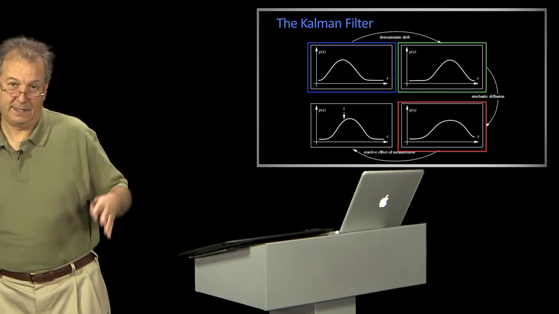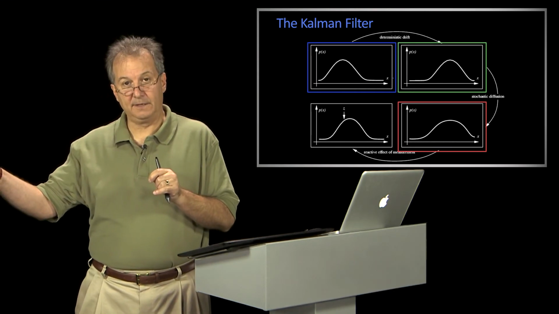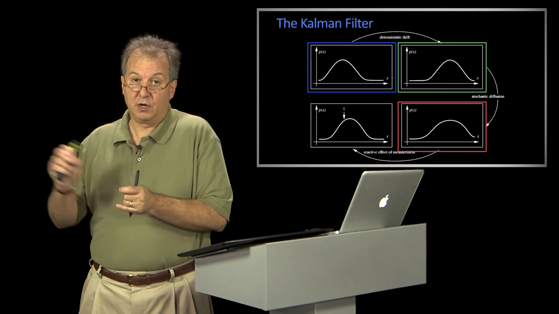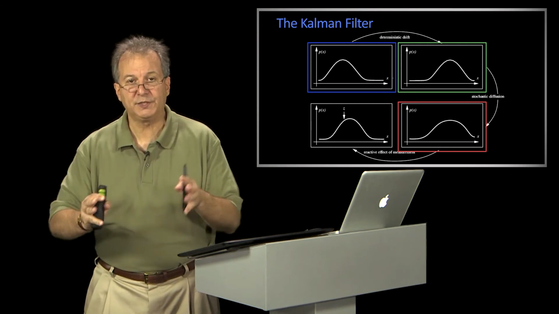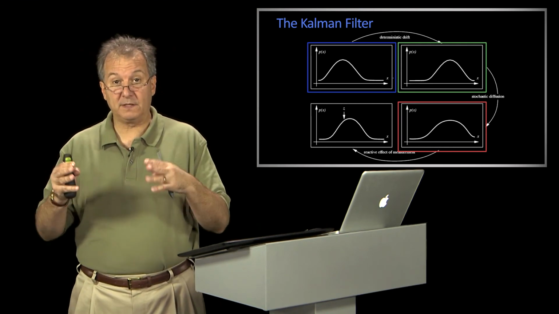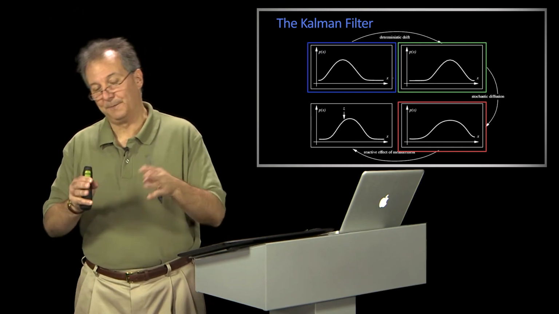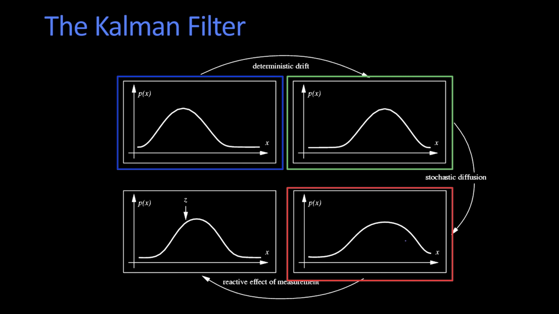Anyway, the idea is when I'm taking a step forward in time, I use the part that I know. I think I was moving 3 meters per second, and it's a second later, so I think I've moved 3. But I also know that I'm not perfect in my knowledge, right? That's never my problem. That's somebody else. But no. Anyway, I know I'm not perfect in my knowledge, so therefore, over here, my variance is wider. Okay, so I've now expanded my uncertainty.